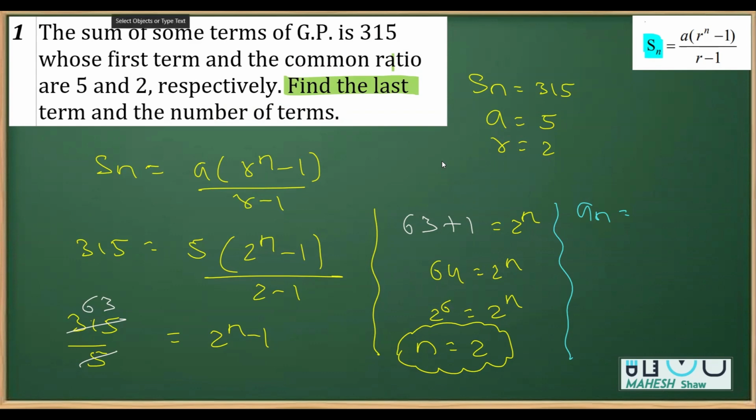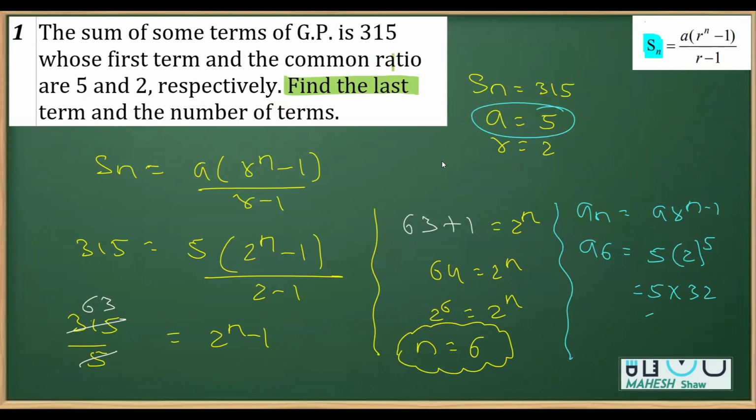So let's say if I find an here, an is a r raised to the power n minus 1. On comparing both sides, n is 6. So by last term, they mean the sixth term, because there are 6 terms. So replacing n with 6, a6 is a, which we have been given as 5, r which we know as 2, raised to the power 6 minus 1, that is 5. 2 raised to the power 5 is 32. So their product will be